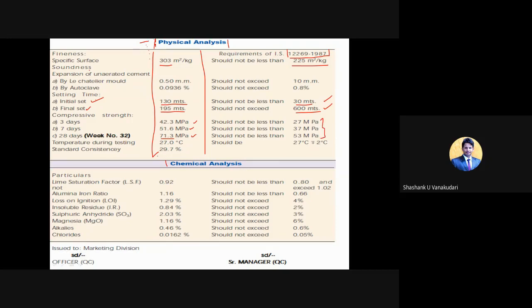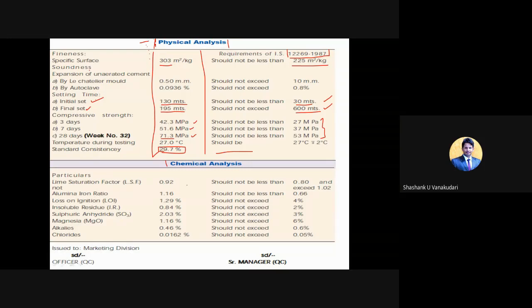And the standard consistency is 29.7, but we can't say at what percentage we'll get it, and we don't have any limits for this standard consistency, even though it may come at 26, 27, 28, 29, 30. For some cement samples it will come to 35 also, so that is going to absorb more water content.